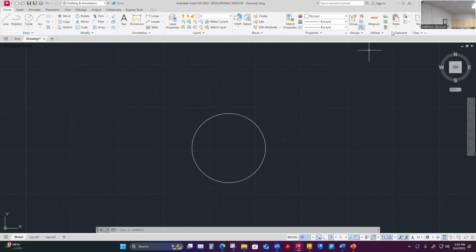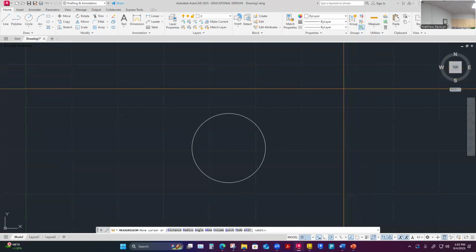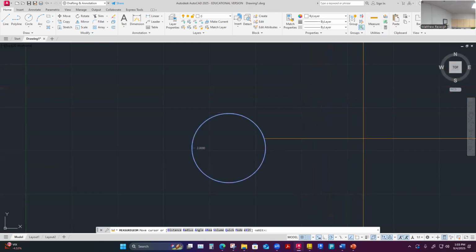So circle out. And what I was going to say is on the utilities palette, you do have this quick measure. I like it because it's just a measuring tape right there. I use this all the time. You could type in a key code if you want to, but this is where this command lives. A quick measurement gives you this weird orange crosshair, like a lightsaber or something, wherever you